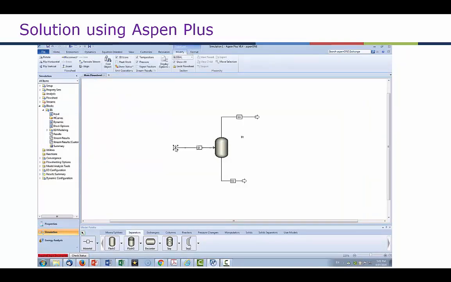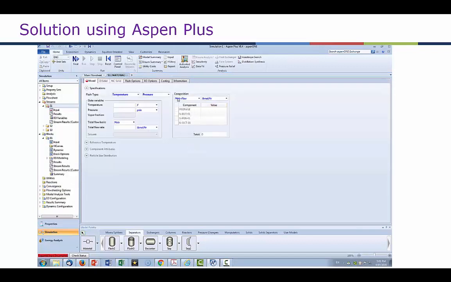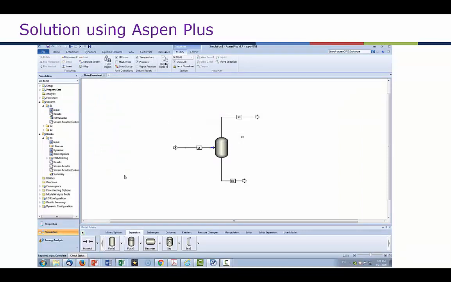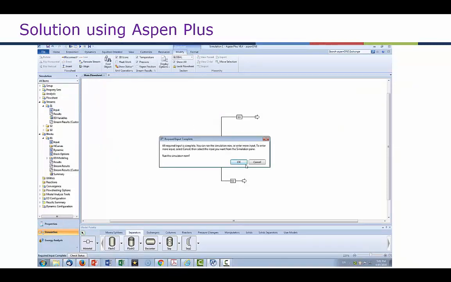Once we have set that up, we can then define the stream. So let's take a basis of 1 pound mole per hour and then define the mole composition. So if we select mole frac and then enter the mole fractions that have been given to us: 0.1 for propane, 0.2 for N-butane, 0.3 for N-pentane, 0.4 for N-octane. We need to also define the temperature, so let's just select the same temperature as the flash operator and the same pressure. The flash is just going to separate the phases. So if we run the simulation now